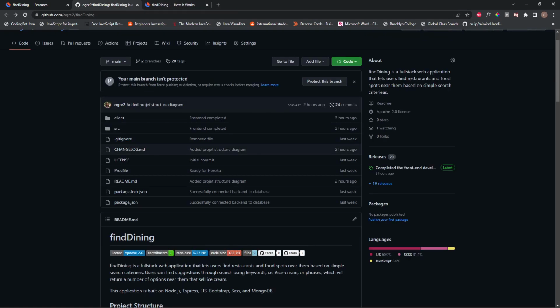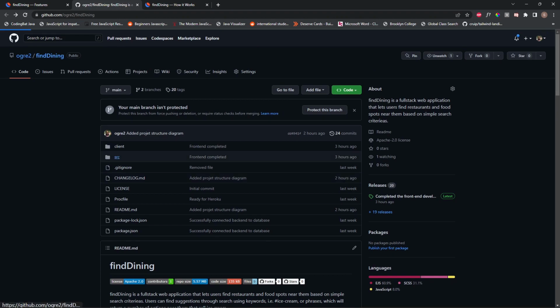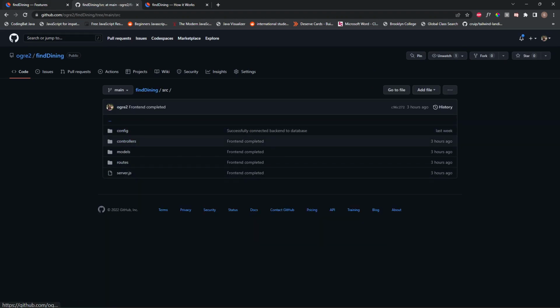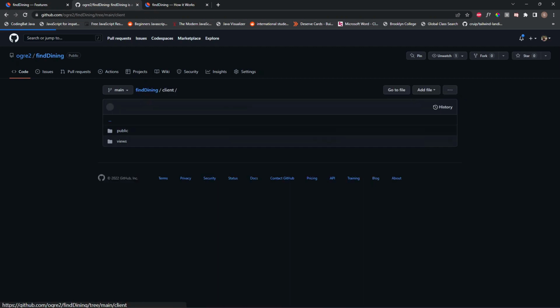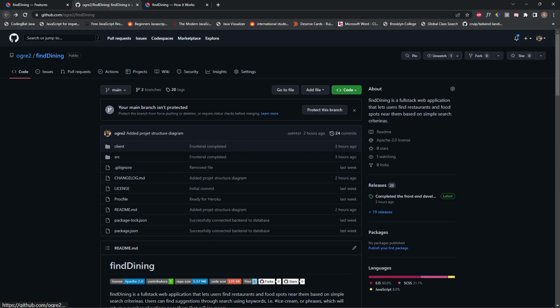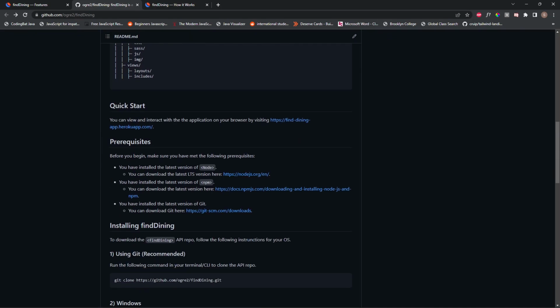So that's it for the project. That is it for the GitHub repo. Again, you can still visit all the same folder structure on the repo as you see in the local folder. And that's basically our application